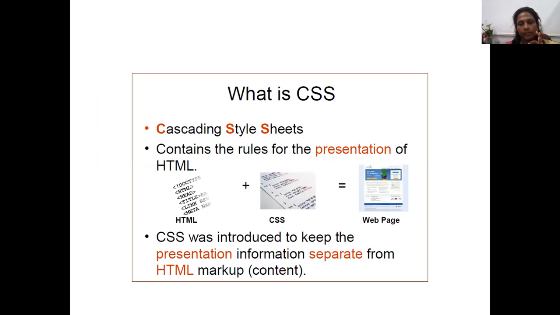So in order to develop a web page, we abstract the way it is presented, the styles, into the CSS document, and the other things, like the tags for how the web content has to look, will be present in the HTML page. So we will have two files in order to develop a web page.